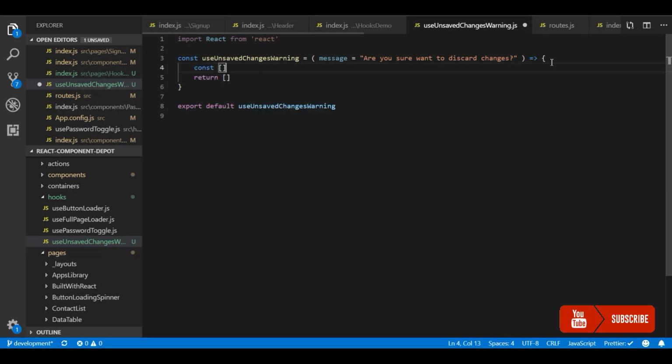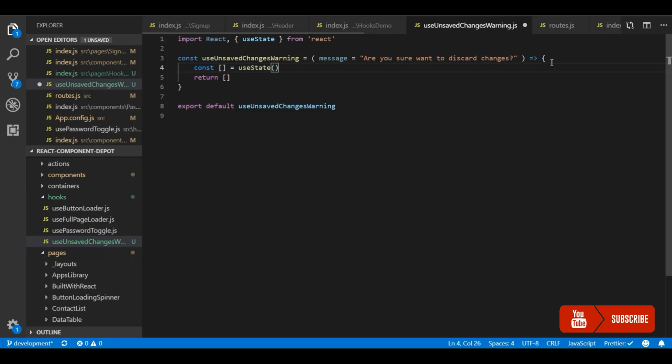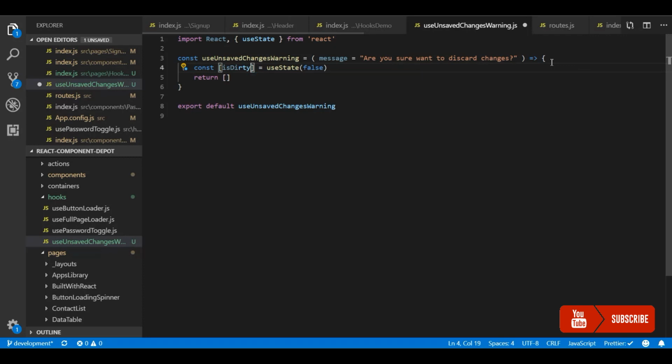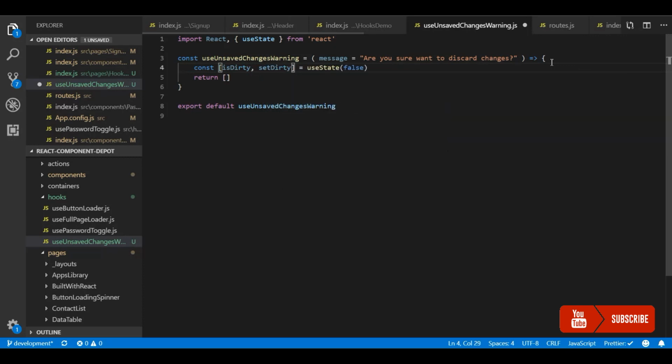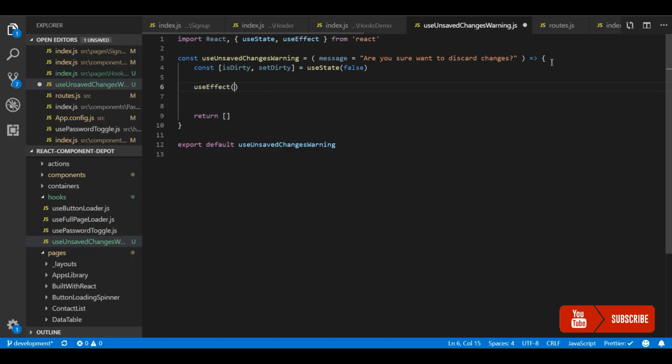Within the React application, we are using React Router DOM. For that navigation, we can customize the message. Let me create a state to maintain whether we currently need to show the message alert or not. Let me call this dirty and a function to update the value of this, setDirty. Now if this is dirty, then whenever a user tries to navigate, I will show the warning message. Otherwise I will not show it.